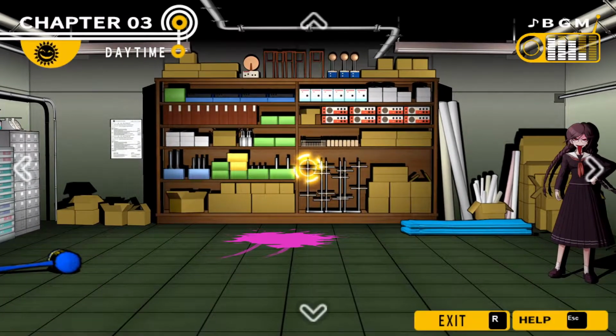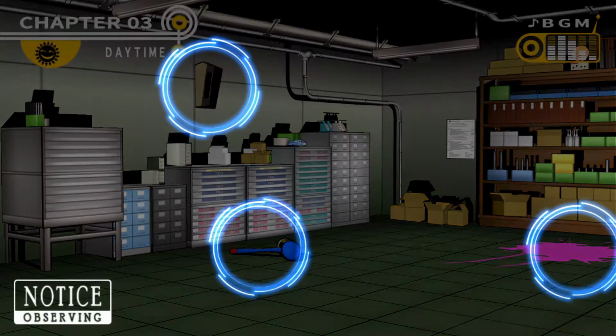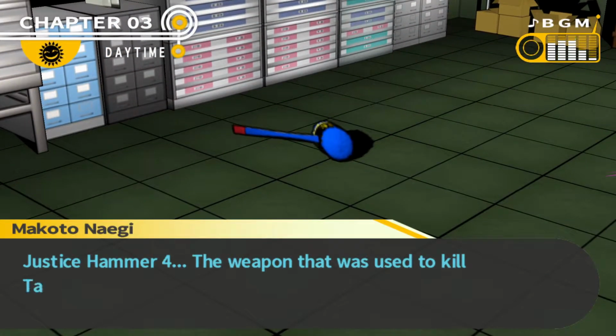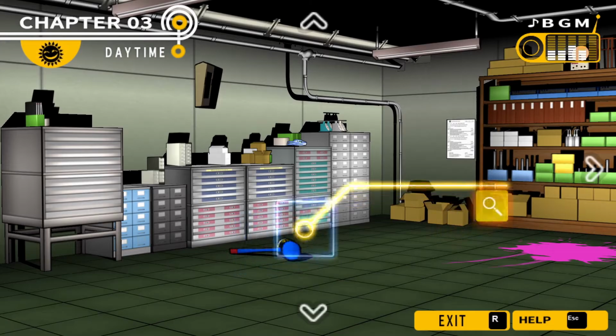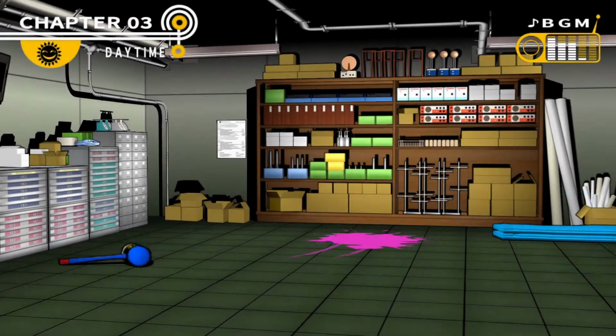Yeah, there's a tarp missing. I think there were 3 here before. Justice Hammer 4, the weapon that was used to kill Taka. The body was moved, but the murder weapon was just left here. We're assuming that was used to kill Taka. It probably was, but...